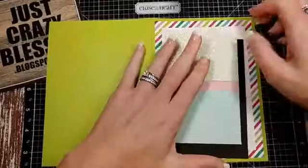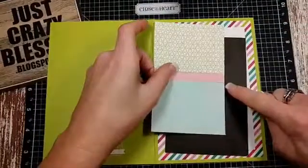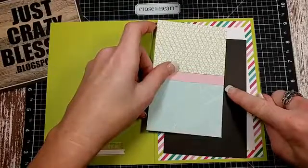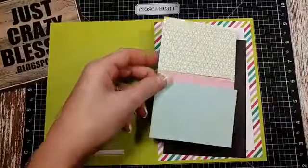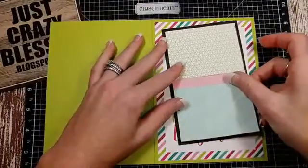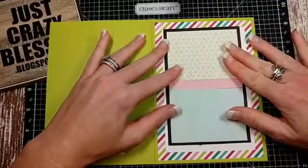Okay, so now we're able to take it all over to our paper trimmer, and now it's completely lined up exactly correct. If you guys can get your paper exactly right when you cut it the first time, then you're just way better crafter than me, but I always have mine overhanging. It drives me crazy. So then you can very easily go and place it right in the exact middle,